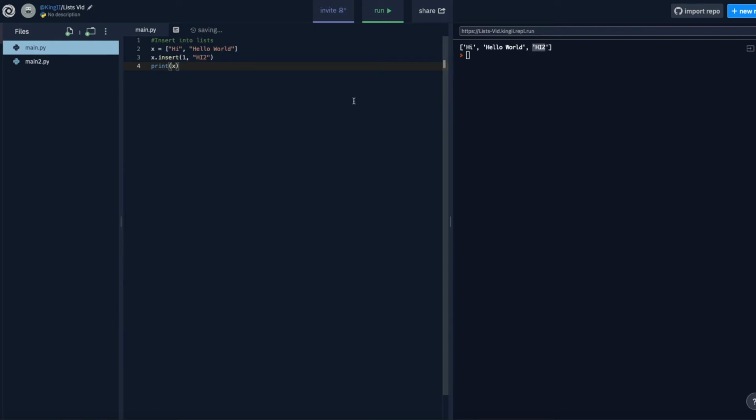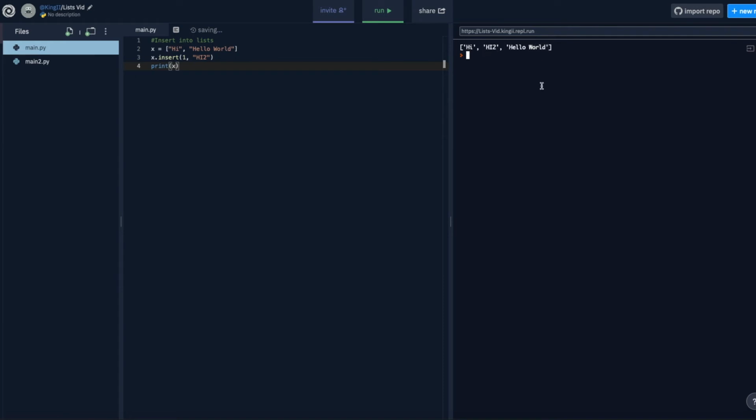So it's going to print the first list along with the extra item that I added to it. Now let's say you want to add another item into the list, but you want it in a specific location inside the list. .append only adds it to the end of the list. .insert, on the other hand, will add it to a specific location you ask it to add it in. So here, I'm inserting the string hi2 into the second position, which I put down as 1 in here. Because remember, the counting starts from 0. So when I put .insert 1, comma, the string I want to add, it's going to print hi, hi2, and